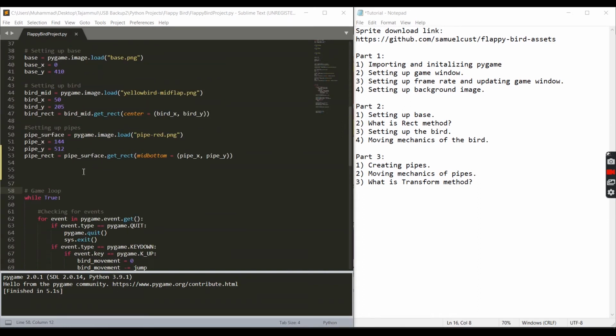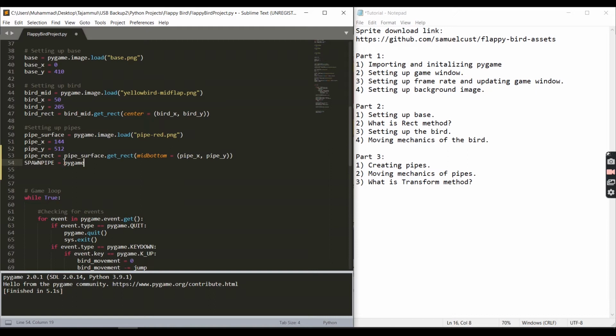और हमें बनाने कब है पाइप, मतलब दे कम इन द गेम विद अ सर्टेन इंटरवल, तो कुछ इंटरवल के बाद आते रहते हैं पाइप्स ना, मतलब 1 सेकंड 2 सेकंड के बाद आते रहते हैं। तो उसके लिए हम ये कर सकते हैं कि हम एक यूज़र इवेंट बना सकते हैं। पाइगेम में एक यूज़र इवेंट बना सकते हैं आप, जिसे आप टाइम भी सेट कर सकते हैं, और वो फिर उस इतने टाइम बाद यूज़र इवेंट ऐसे ही कॉल हो जाएगा, जैसे आप क्लिक करते हैं तो उनको हम चेक कर सकते हैं, और उस पर हम फिर अपना क्रिएट फंक्शन कॉल करके बना लेंगे. Okay, we'll call this a spawn